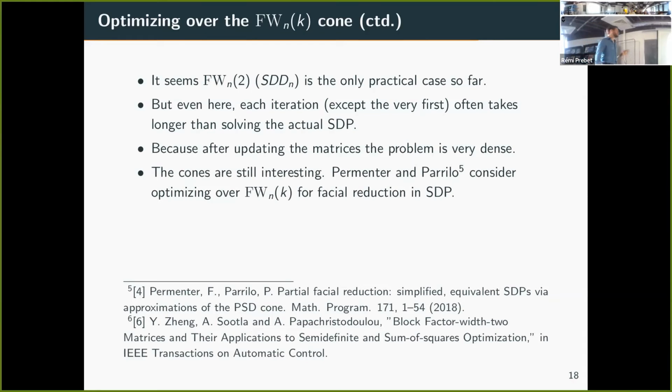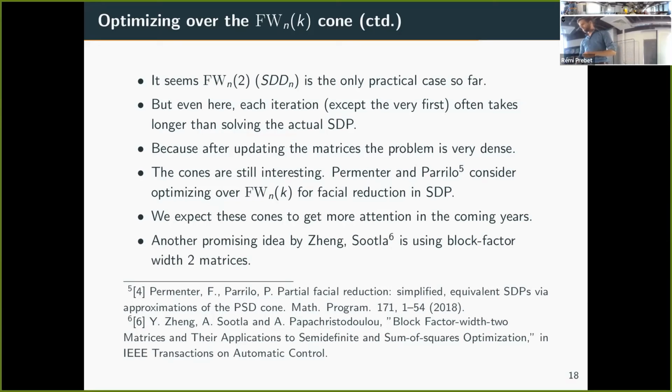So we think that these cones are still interesting. For example, Pimenta and Pareto considered optimizing over these cones for facial reduction in semidefinite programming. We do expect these to get more attention in the coming years, and they have gotten more attention in the last few years. And now I would like to talk about another promising idea that, at least computationally, gave us a little edge